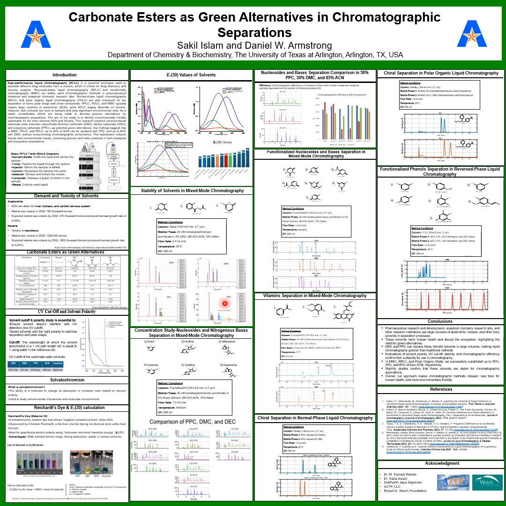After the stability study, we decided to separate 6 nucleosides and bases from a mixture. And we did a concentration study just to show how much of PPC and DMC we can use to substitute this toxic acetonitrile. And we found that we can go up to 50% PPC, 30% DMC and 10% DEC. As DEC has poor solubility, we decided to go with DMC and PPC, and we found that they were able to separate all 6 of them